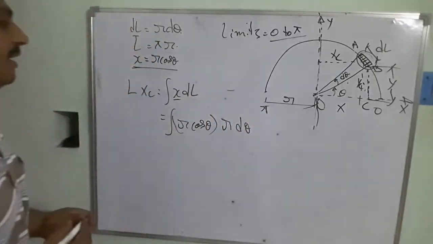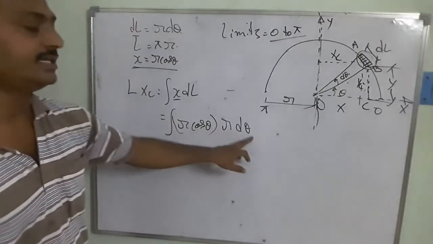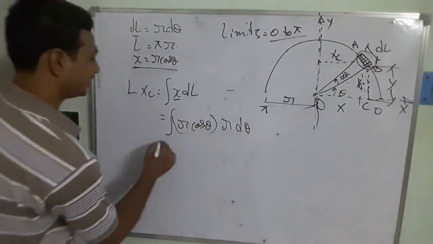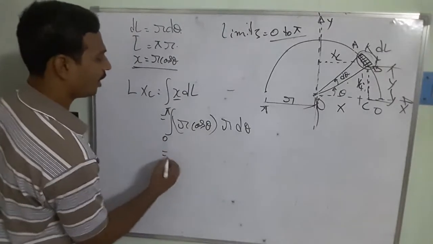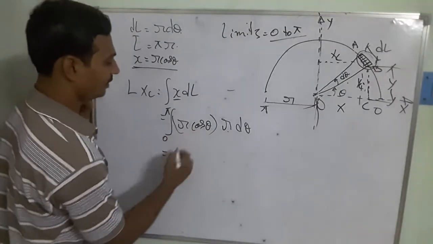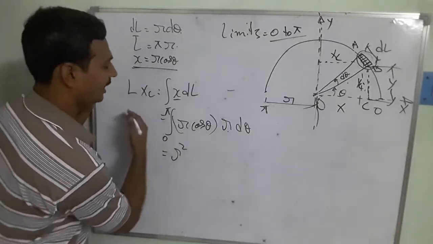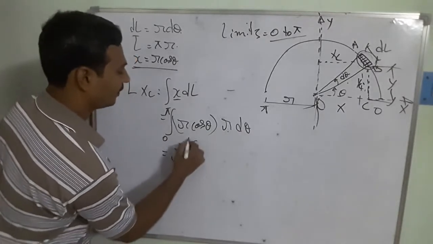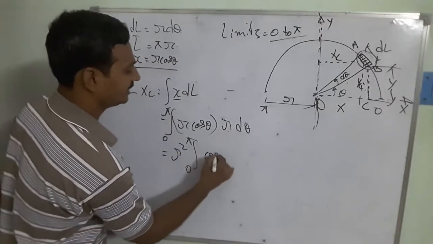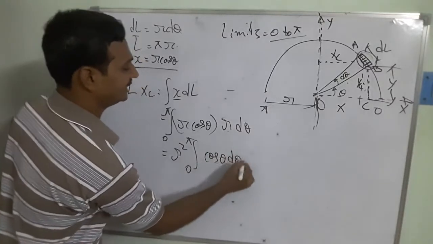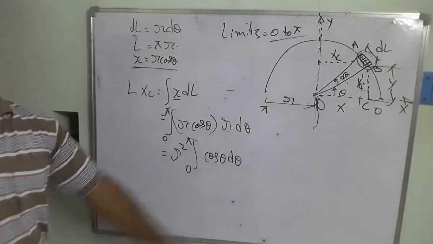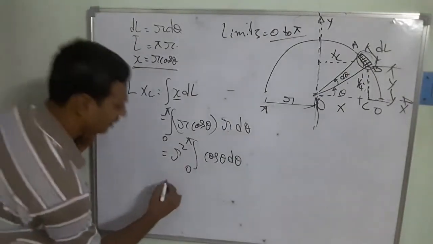In this case the theta is going to be the variable, from 0 to pi. So this r will become r square, which I take out of the integral from 0 to pi, then cos theta d theta. Then once we integrate it,